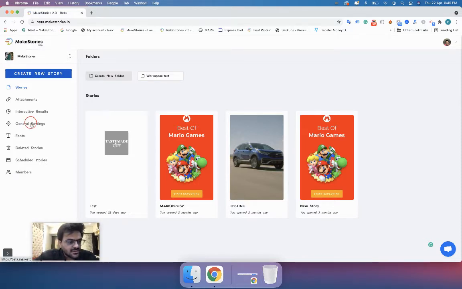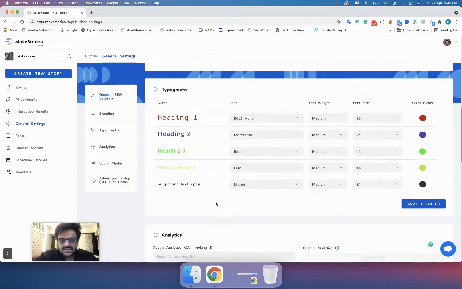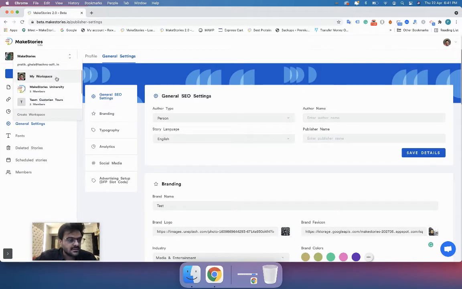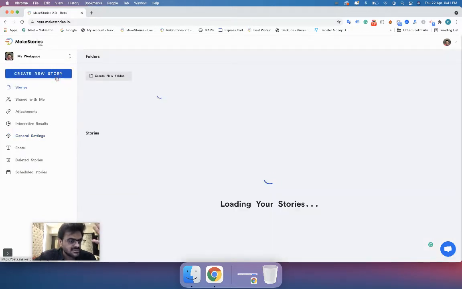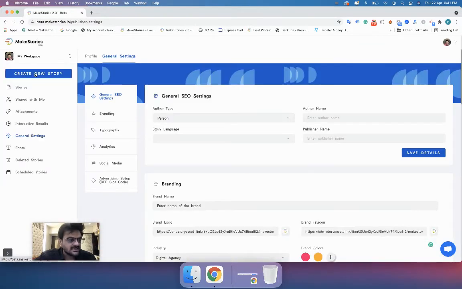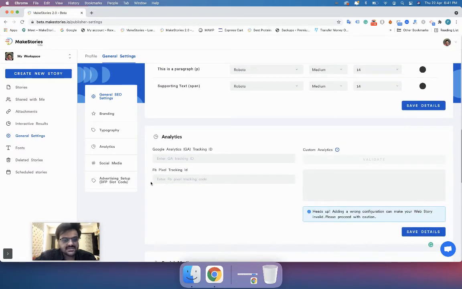So now I will click on general settings for the Make Stories workspace, and you can see that the details over here are completely different than what I saw over there. Also, if you are an individual creator and you have your own personal workspace, then also you can set up the general settings. These general settings are already set.